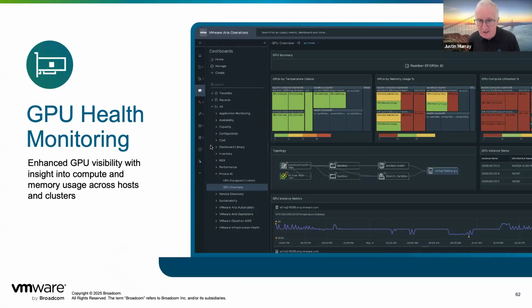But this dashboard has a colored block on it for every GPU on every server in every cluster in my enterprise. The green means okay, the red means needs attention. We colored this red deliberately because we wanted to show how underutilized the GPUs are in some of these hosts. So red doesn't mean danger here, it means underutilized. And you can adjust these colors. Probably blue or gray is a better color for underutilized condition, meaning it's not fully occupied at the moment. Yellow is partially occupied, and green is well occupied.